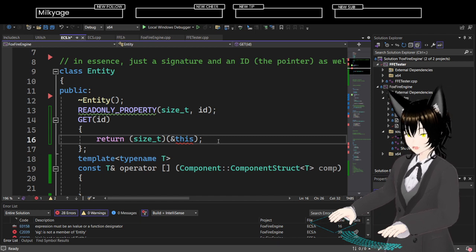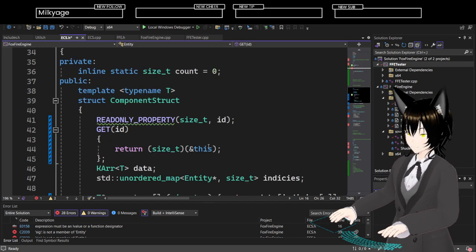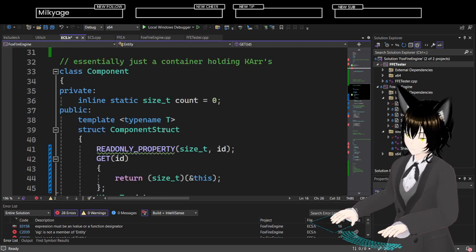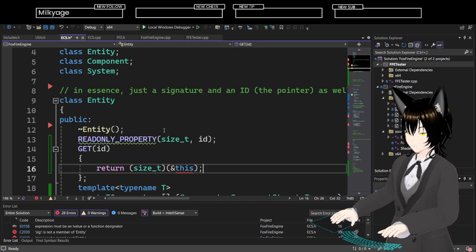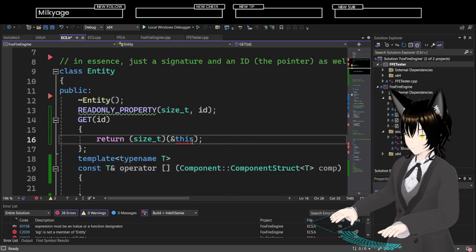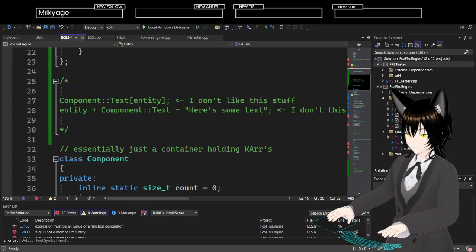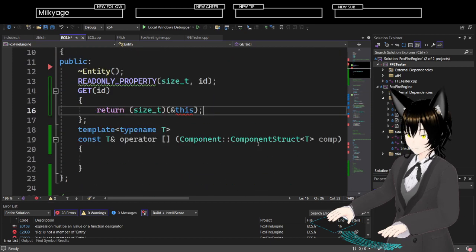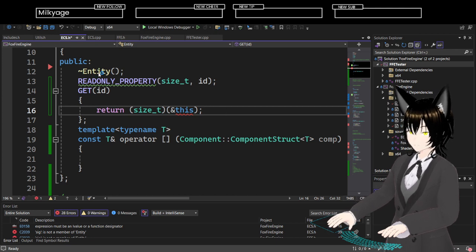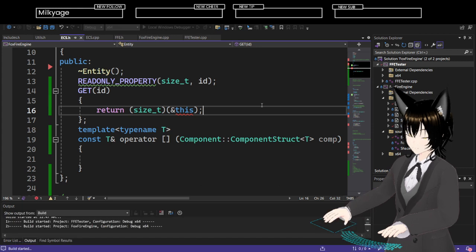Why does it work here, but not here? Why must the expression be an L value? What the hell? It's literally the same. It's very strange.